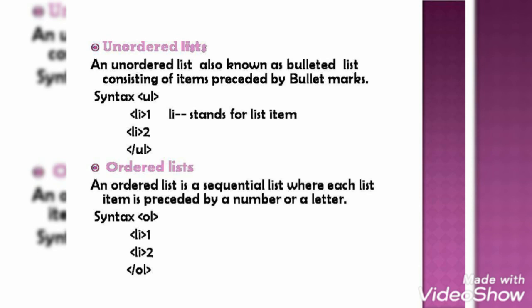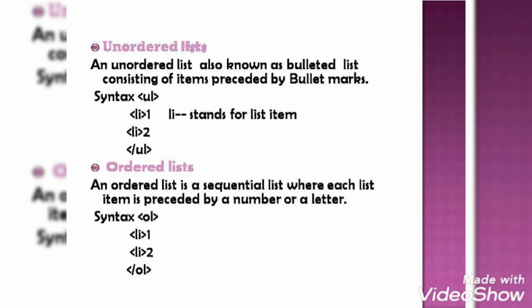Similarly, we can do this with an ordered list. You can save this in a file and then view it in the web page, and the list will appear in front of you. If you practice this practically, you will get more interest. Next is the ordered list. It is similar, only here we will have the numbers 1, 2, 3. We will use the short form OL for an ordered list.